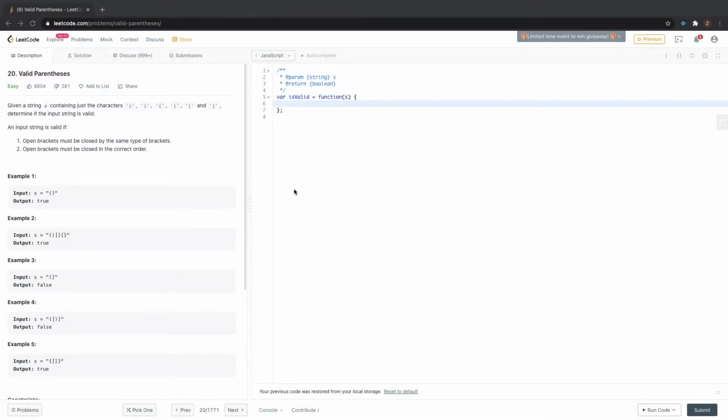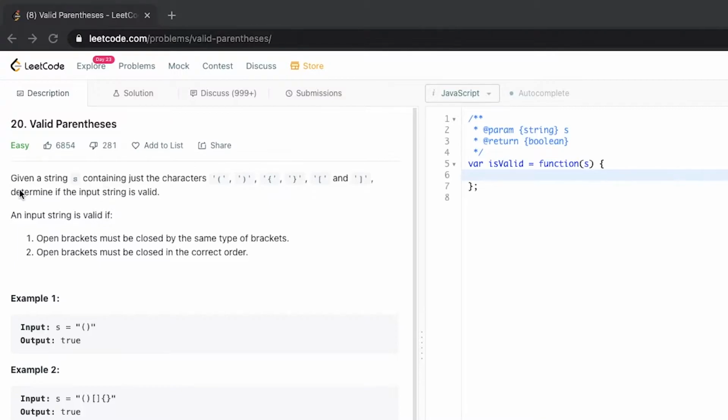We're going to be taking a look at a Leetcode question today, and the question is called valid parenthesis. Now for the description, we're given a string s containing just the characters that we have right here, and we're told to determine if the input string is valid. So we have two conditions. The opening brackets must be closed by the same type of brackets, and the open brackets must also be closed